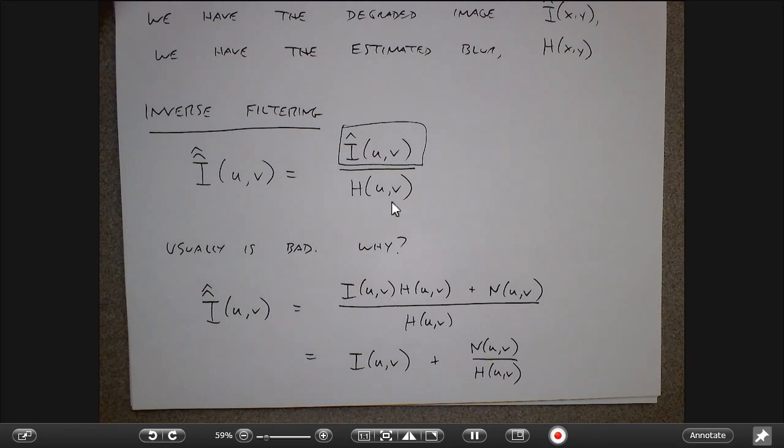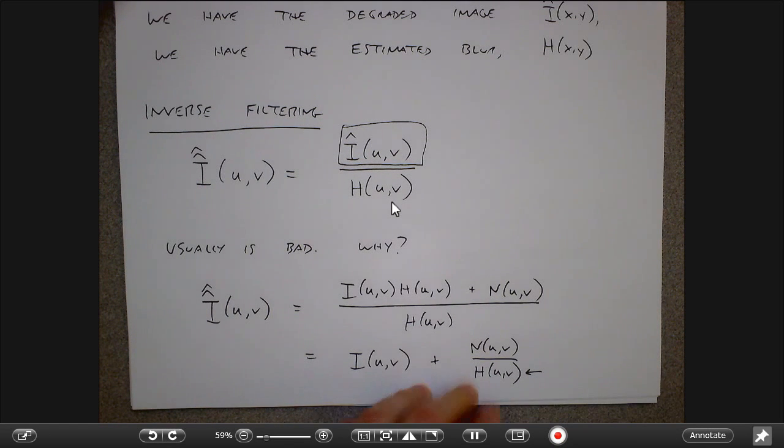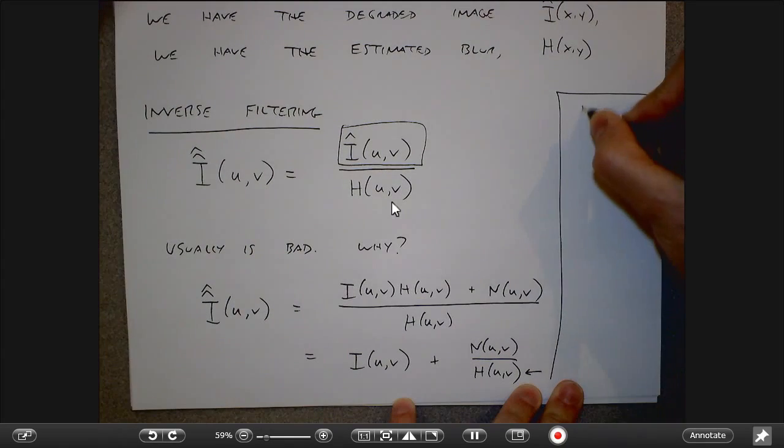And so we know, for example, that a Gaussian blur, which is more or less like what that star was, like it's kind of like a little Gaussian, that's going to mean that there's going to be a Gaussian in the frequency domain, and there are some places where that Gaussian is going to be very small, right? And so when this is very small, as it's likely to be, then the inverse filter can totally blow up, right? So this is the issue, is that, I'm going to kind of write over here,